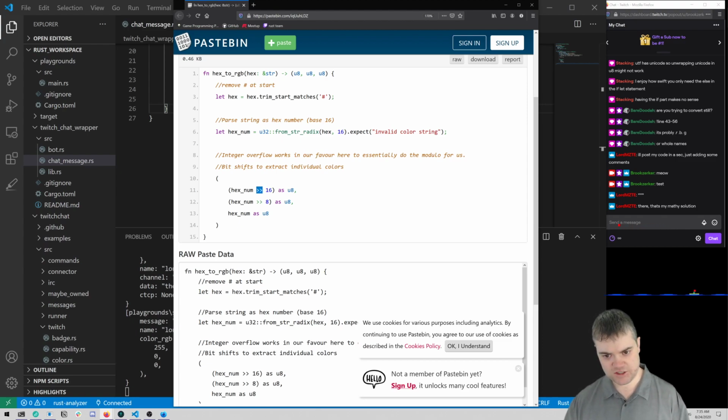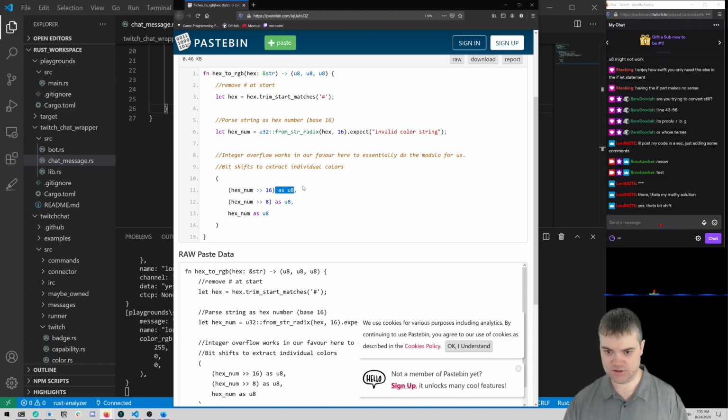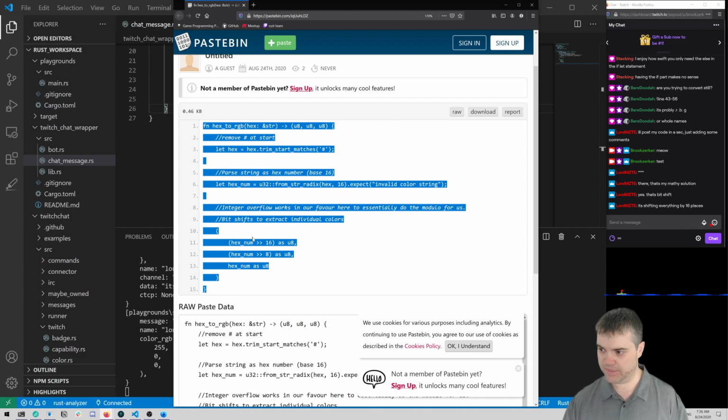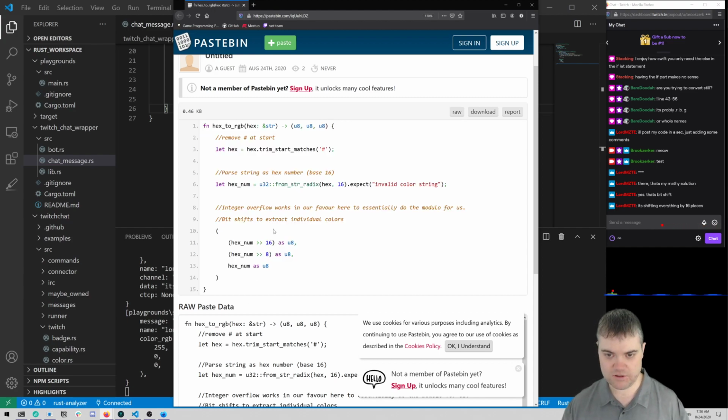So is this the bit shift symbol? And it's bit shifting 16 of them to the right, and then converting it back to u8. Oh, that's cool. I didn't realize that was the bit shift symbol.